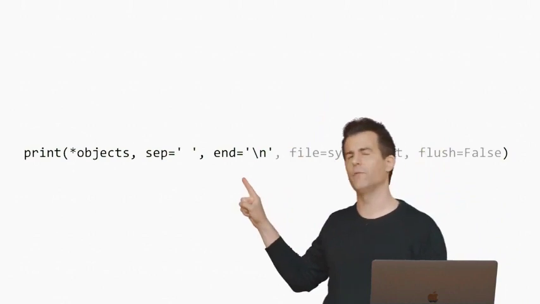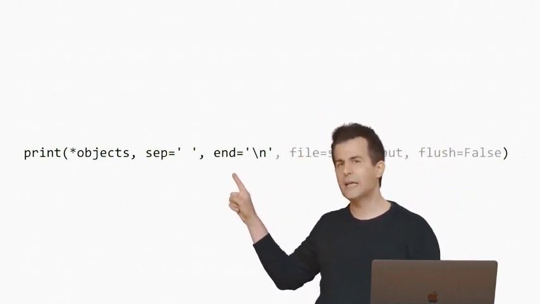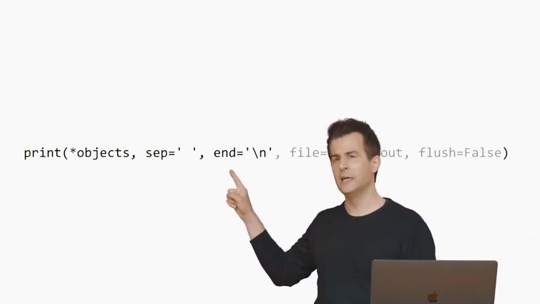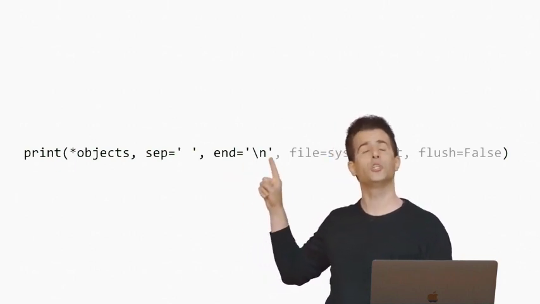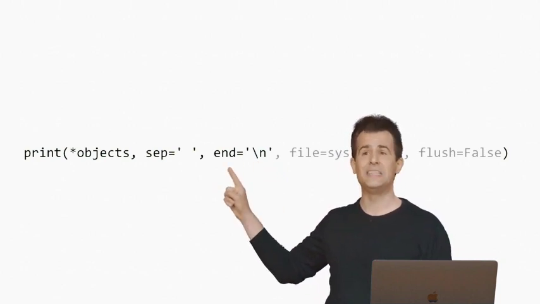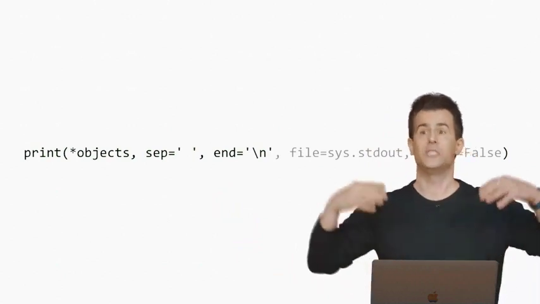And so technically, if we read into the documentation, we'll see more detail on this. The fact that there's a parameter called end in the documentation for the print function just means that by default, this print function is going to end every line with \n. You don't literally see \n. You see a new line.